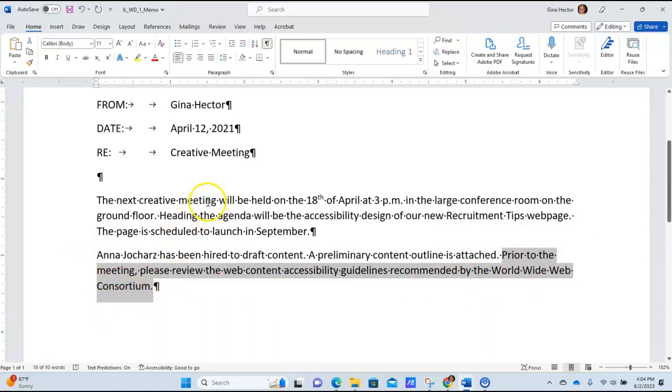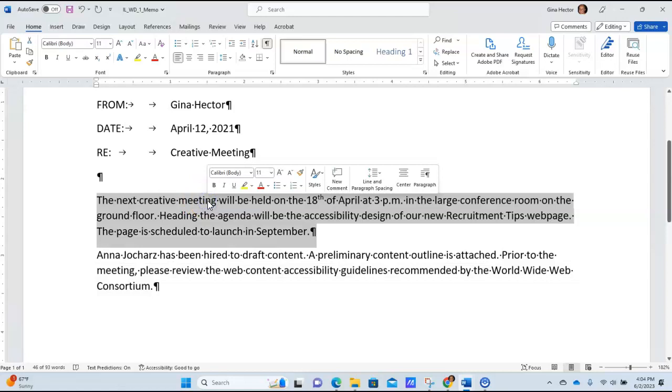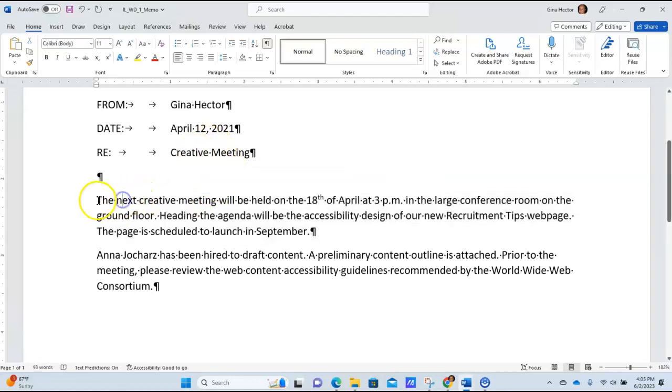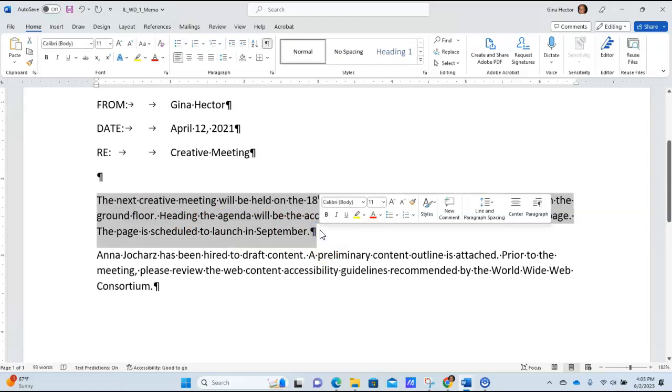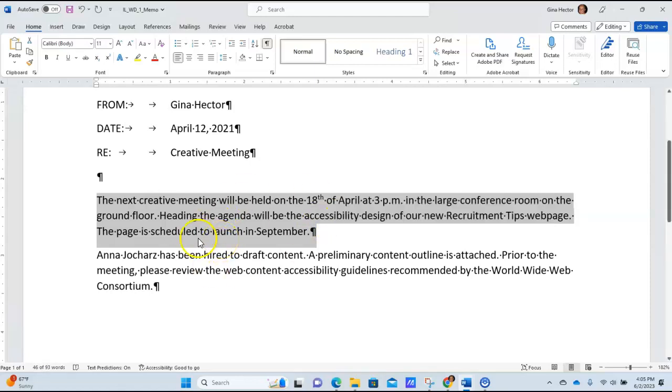Now if I want to select an entire paragraph, I don't have to deselect the sentence first. I can triple click, and that's a quick way to select a paragraph. Another thing is I can click at the beginning of the paragraph, hold down my Shift key, not Control, Shift, and click at the end, and it will select everything from point A to point B. It's another option, and that's a combination that's used in Excel a lot as well,